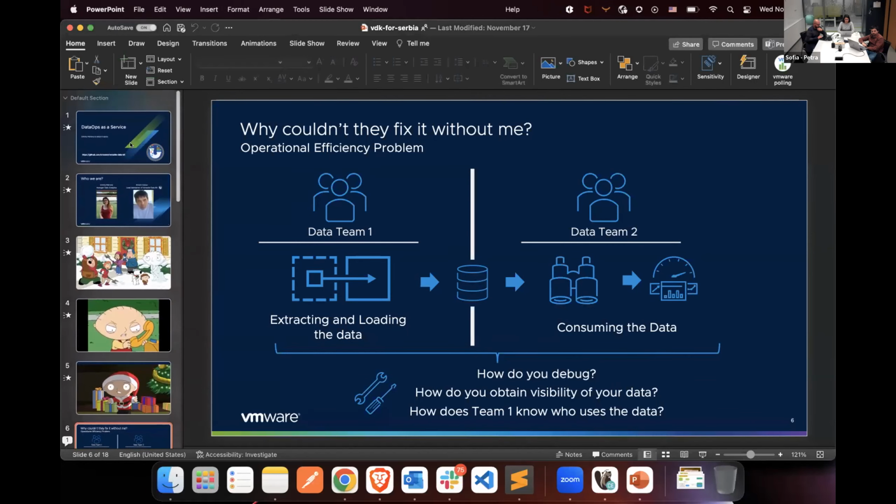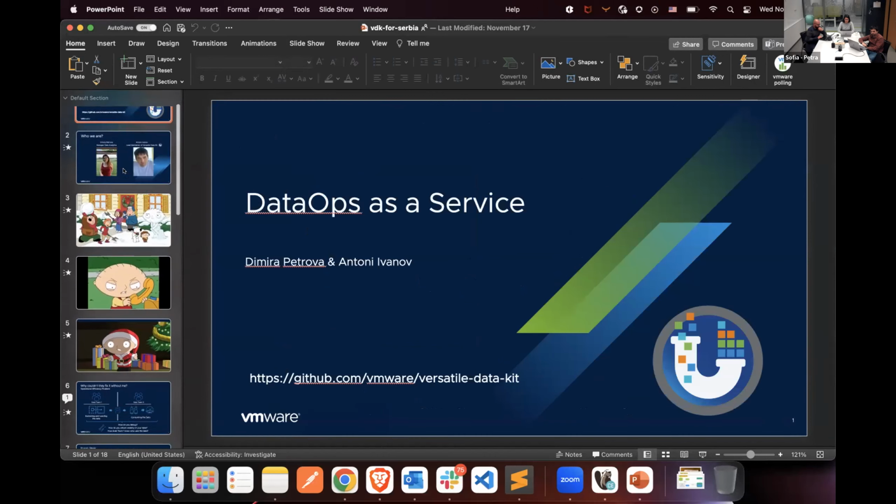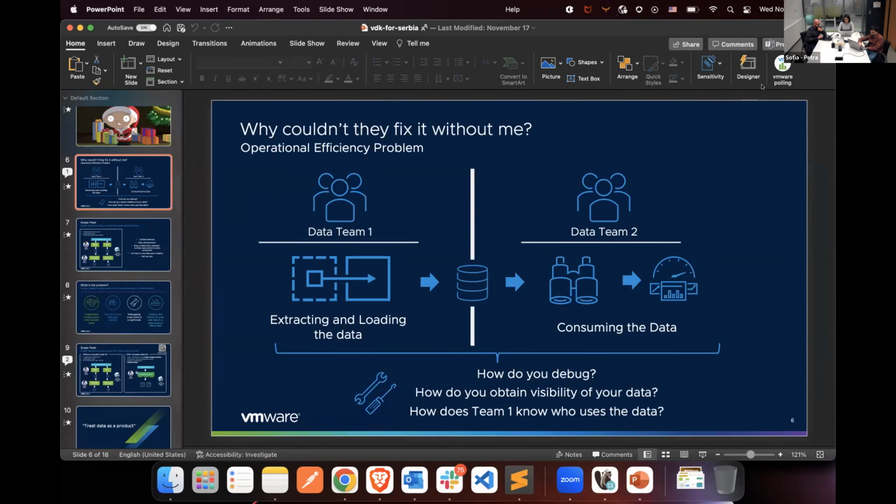Okay. And actually, Tony and I had a joint talk about DataOps as a service. So actually, I shared a story that was a real-life example and scenario that happened. So essentially, what we shared with Tony was some time back, like 7 years back, we had the following setup. We had two teams. The first team extracting and loading data from Salesforce, which is a CRM, into a database. And I was part of that second team, who was